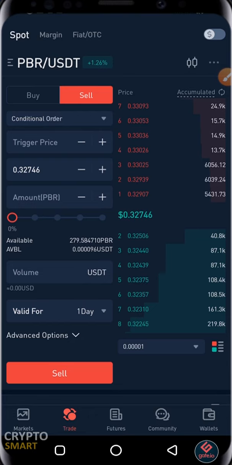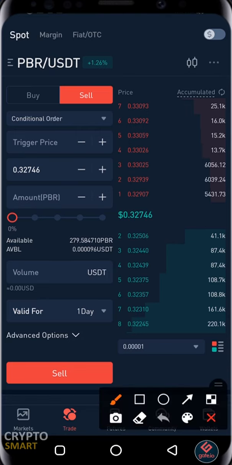So from here you can see our git.io interface, and you also notice that we have the Polka bridge and USDT pair. We made several videos on how to use the git.io crypto exchange. One of the links is up there now. Click it to watch it. So the market price of Polka bridge is shown here, which is 0.32746,